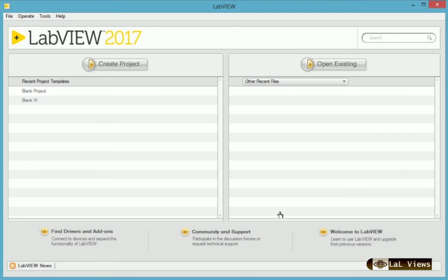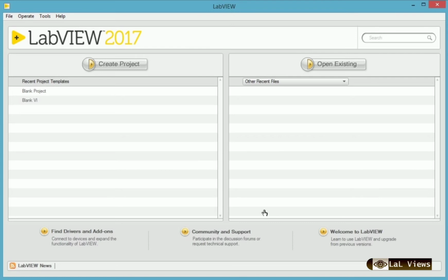Today we are discussing the second part of the LabVIEW course. In the first part, we discussed the basics of LabVIEW, that is the block diagram, front panel, etc. So in this session, we are discussing the basic operations, mainly the numerical as well as the Boolean operations using LabVIEW. So to start with, the main interface of LabVIEW software is shown here.